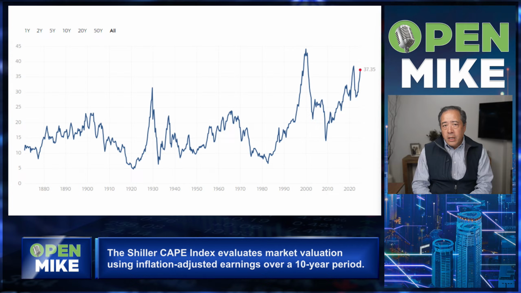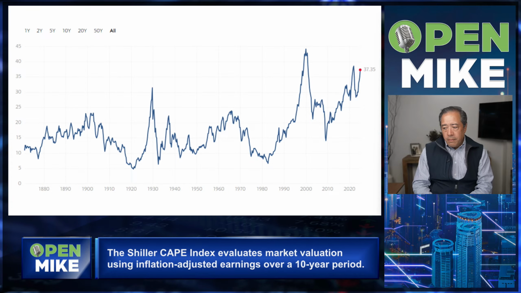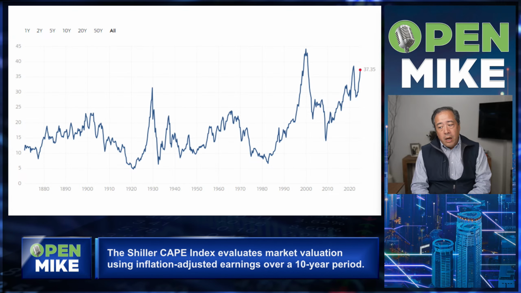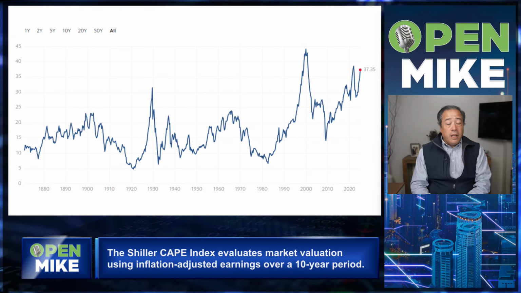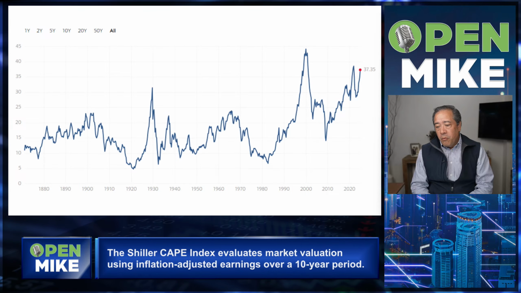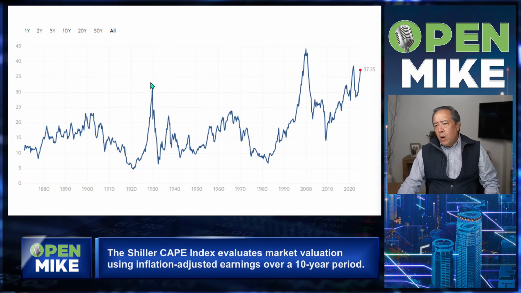And that was the tech bubble in the late 90s and into 2000. And you can see that this number is significantly higher even than it was in 1929, before that market crash. Okay, so that's the backdrop